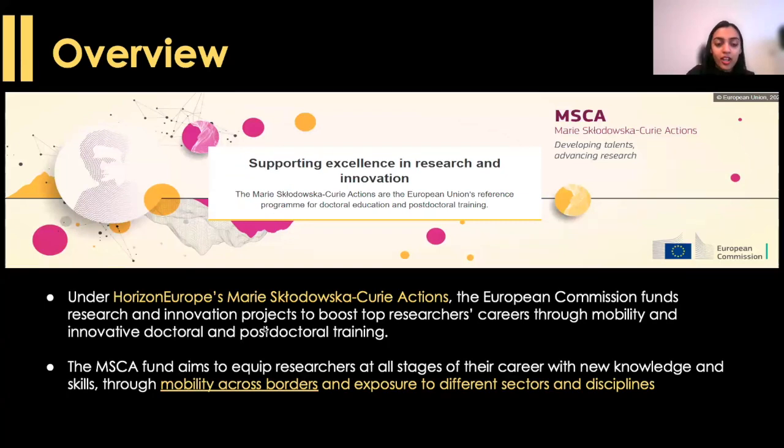This Marie Curie action comes under the umbrella of Horizon Europe funding, and they fund research and innovation projects to boost top researchers' careers through mobility and innovative doctoral and postdoctoral training. And also the MSCA's main goal is to equip researchers at all stages of their career through mobility or through exposure to different sectors and disciplines, be it academic or industrial.